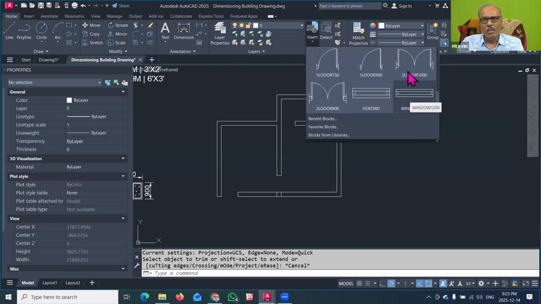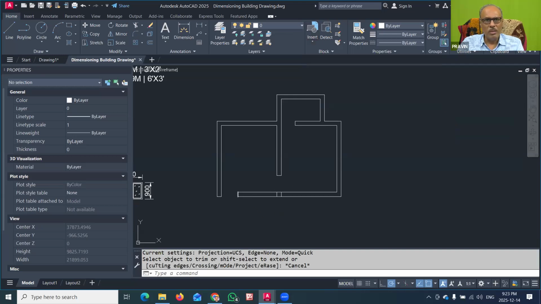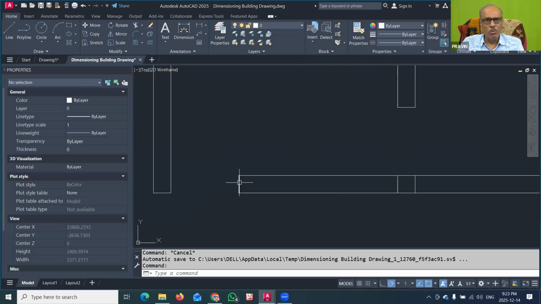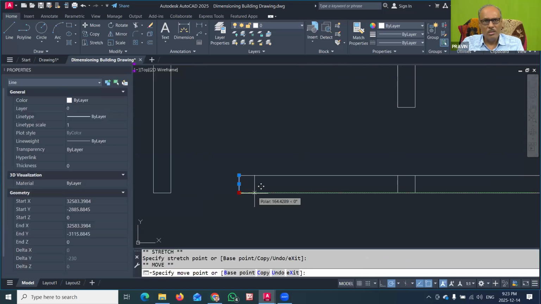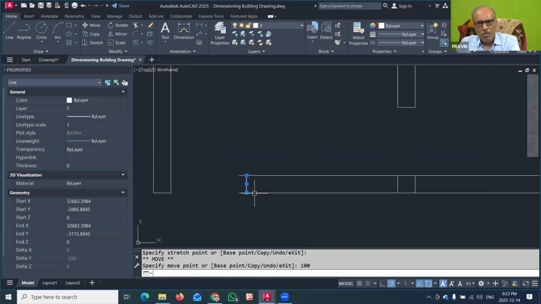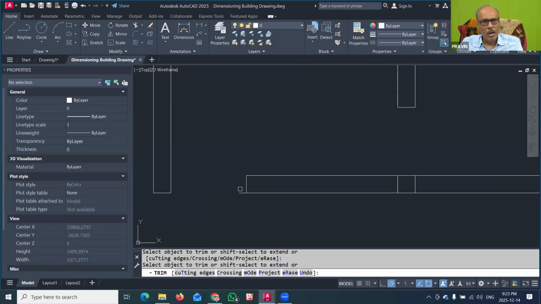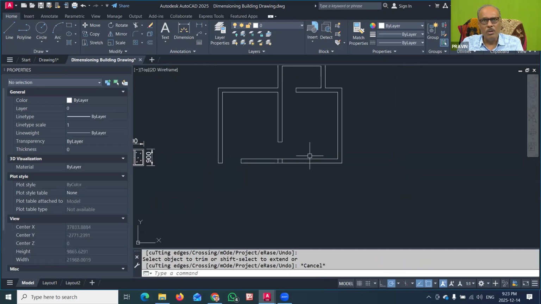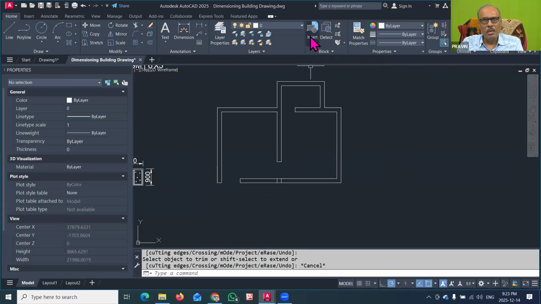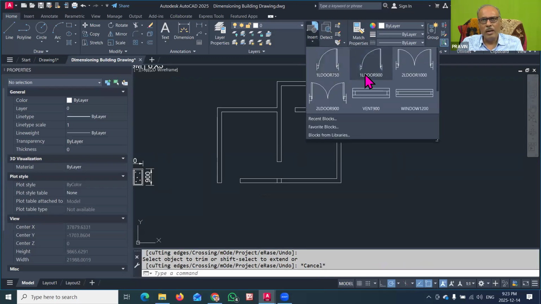Now I want a 1000 door or a 900 door. So this door I can use. Or suppose you require the front door as a 1000 door. Then this width you have to increase a little bit. So I will increase it from 900, I will make it 1000. And then we will trim this part. And now here we can place our door of 2 panels having 1000 width. That can be done by insert, and in insert I require now the 2 panel door having 1000 width. So I will use this one.